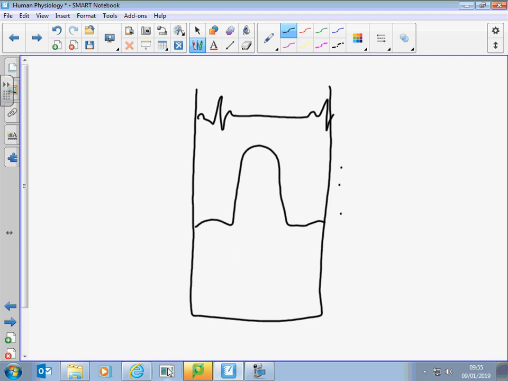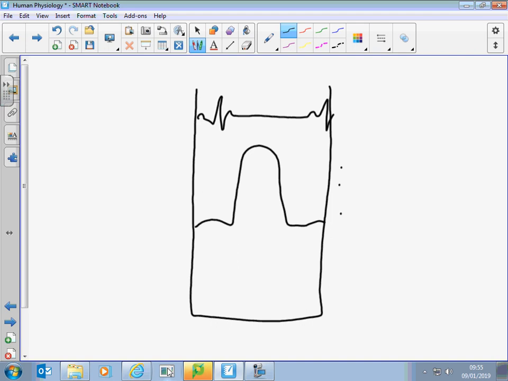Now, it's not the valves closing that makes the sound. They don't slap together, but they're pushed together and the blood stops up against them. So it's like a vibration, like a shock wave that creates that sound. The only thing I can describe it as being similar to, and you'd have to live in my house to appreciate it really, is if you've got slightly dodgy valves in your water supply, if you turn taps off really quickly sometimes you get a thump in the pipes, but we get it with our washing machine filling.